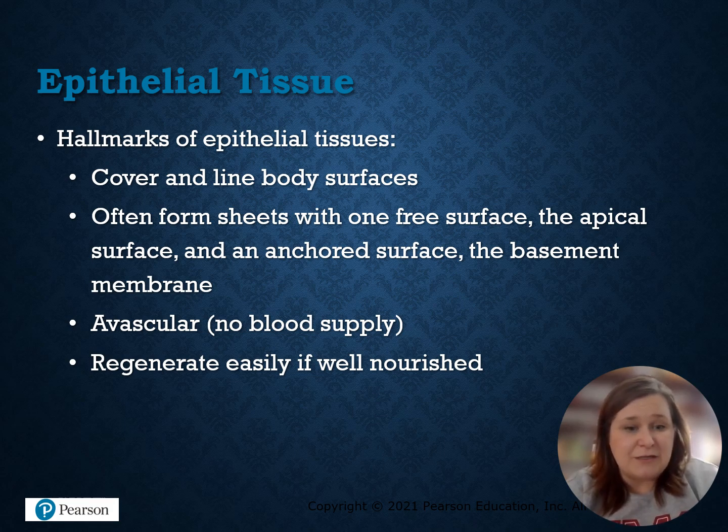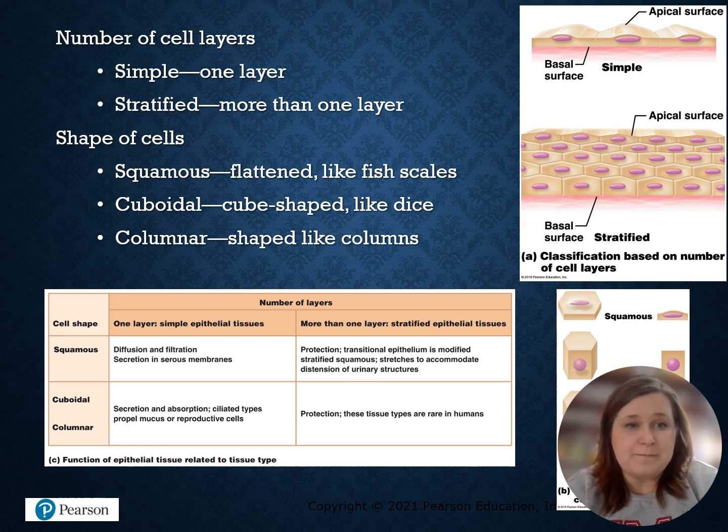They are avascular, which means they have no blood supply. We have blood that will diffuse up into that tissue, but it's not because there's vessels within it. It is because the vessels stop and then it's just kind of flowing out. It can regenerate really, really easily if it's well nourished and moisturized and taken care of. So I put you a few different tables to look at here and a few different examples of these cell